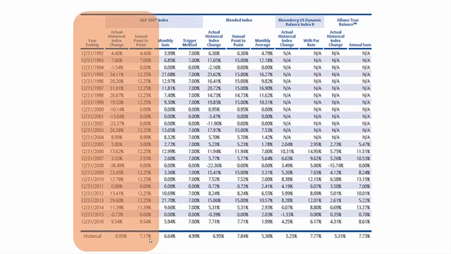Now, I want to caution you. I've said it a few times. I'm going to say it again. I'm oversimplifying this. There are a lot of really bad advisors out there that sell this product as a panacea. It is not a panacea. There is a downside to this product.